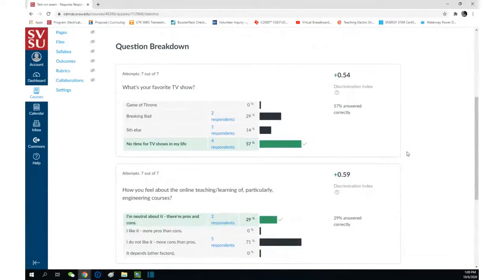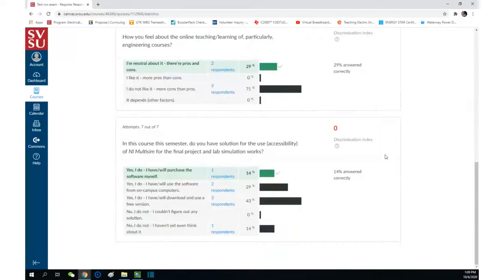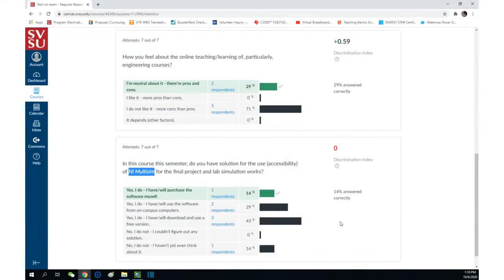We got 3 more responses, which is good. According to these questions, most students remain hating online teaching and learning. And for this one, accessibility of the Multisim, I'm seeing one student saying, I haven't even thought about it yet. Well, you really should. Okay, and I think you have. So regarding the Multisim,